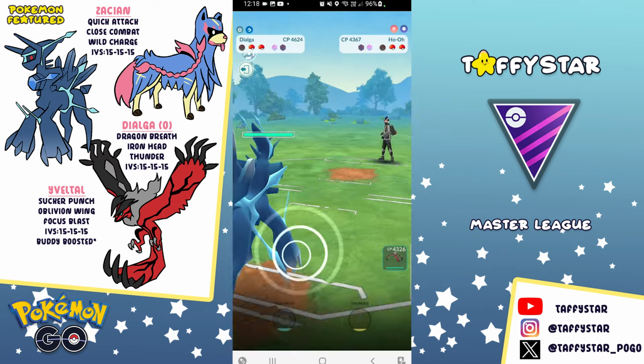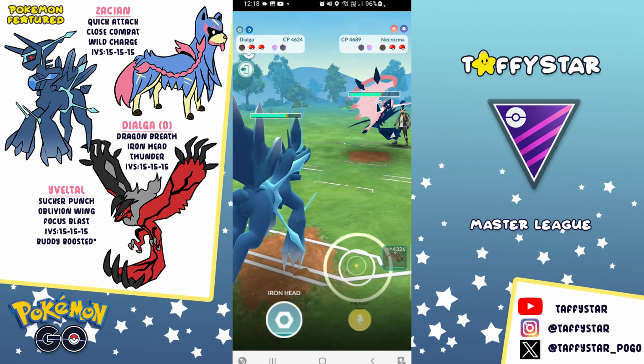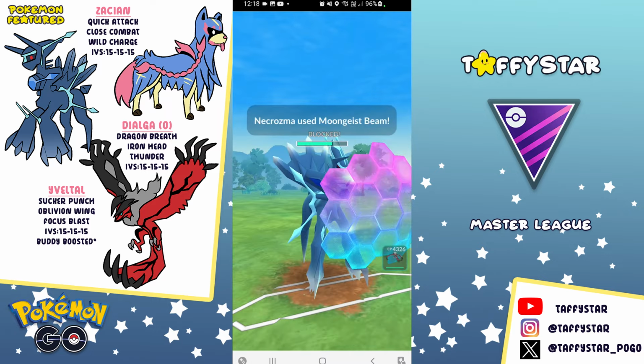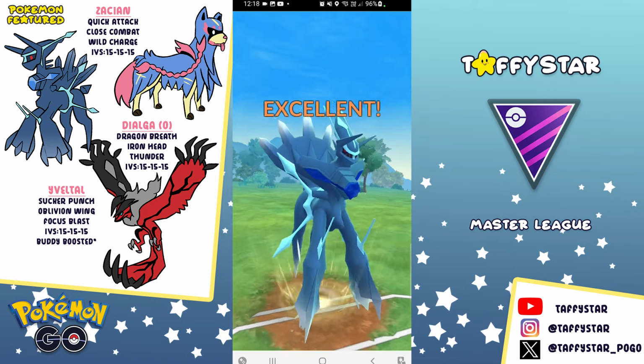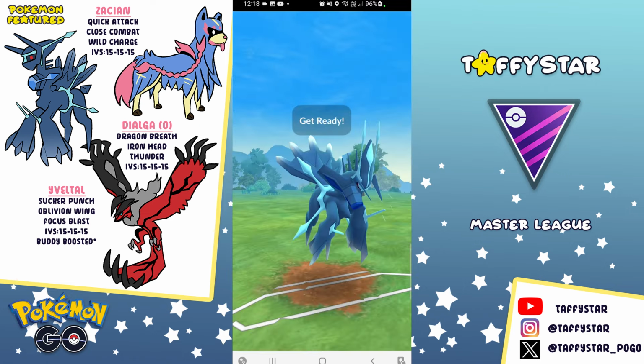farm it down. And the opponent brings in a Necrozma Dawnwings. Okay, let's see how this plays out. He's going to go ahead and use his final shield here. It is the Moongeist Beam, so good call. And we should be able to build up to back-to-back Iron Heads. Going to go for the Iron Head here. The opponent lets it go, and their final Pokemon